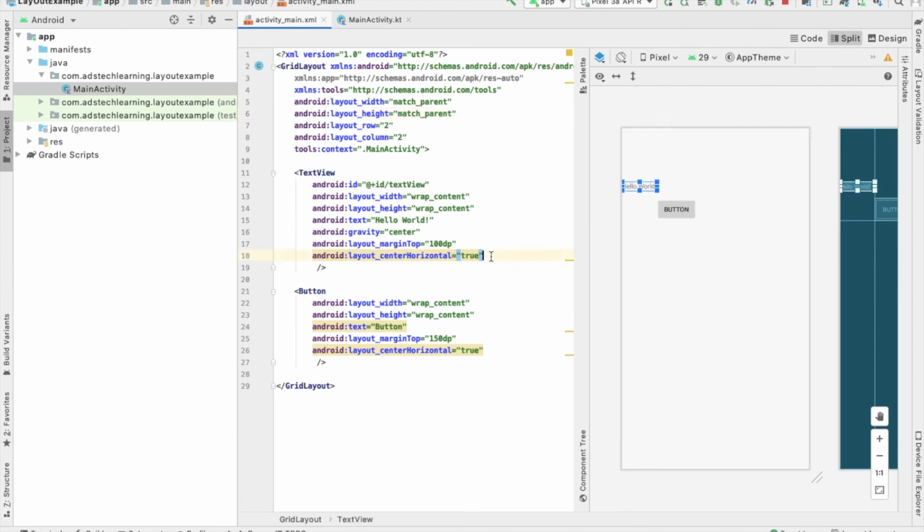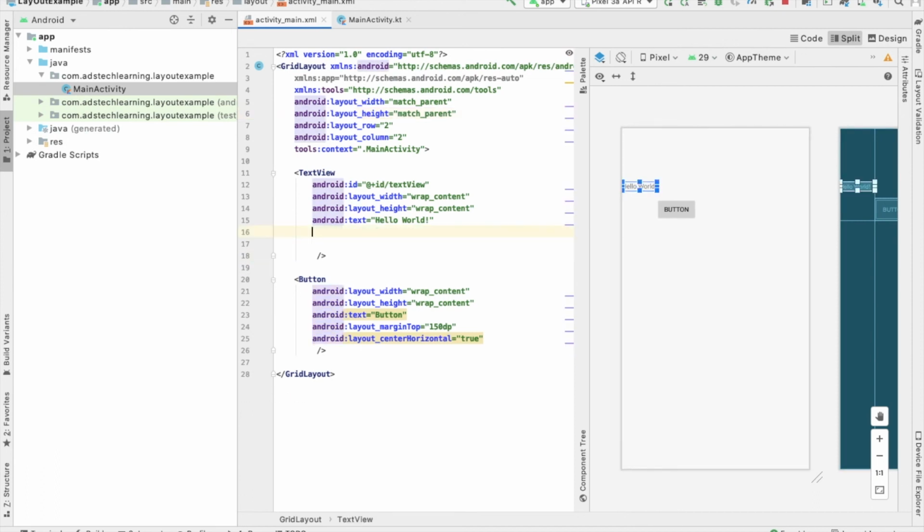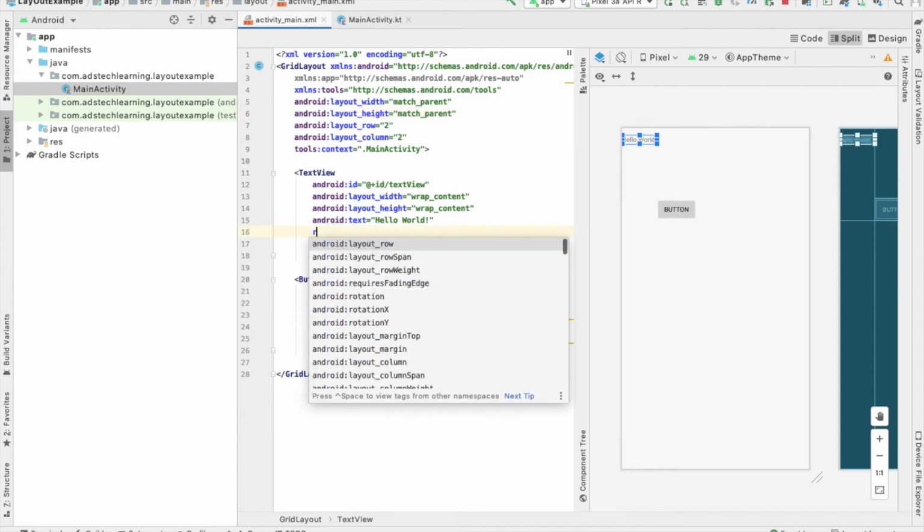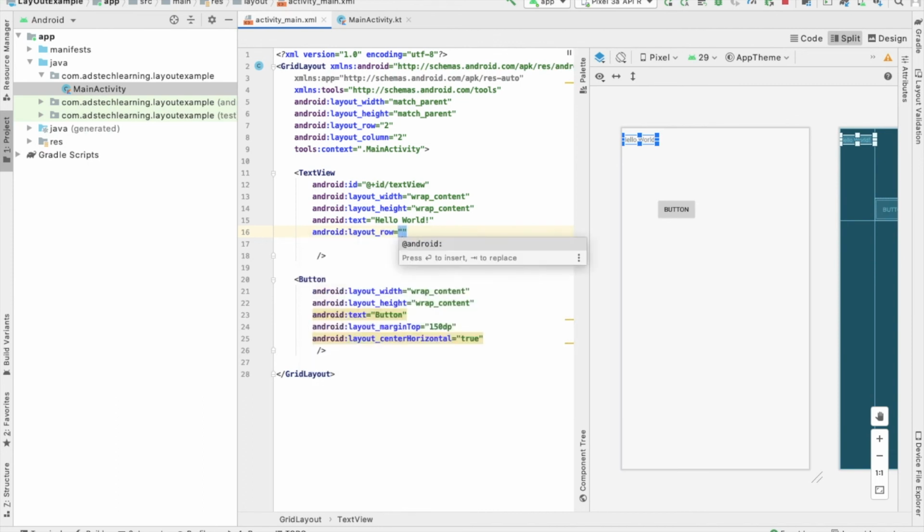The location where you want to display your user interface component will be defined by setting the row number and column number. The row number will start from 0. The column number will also start from 0.